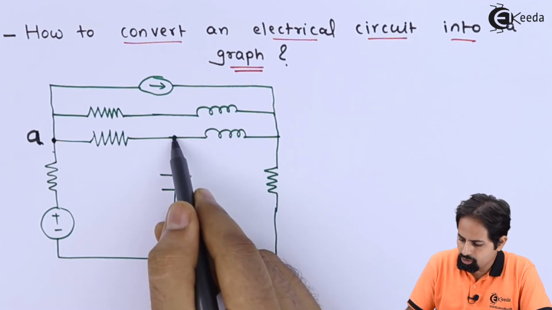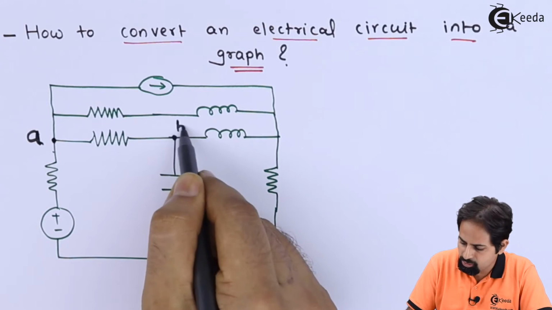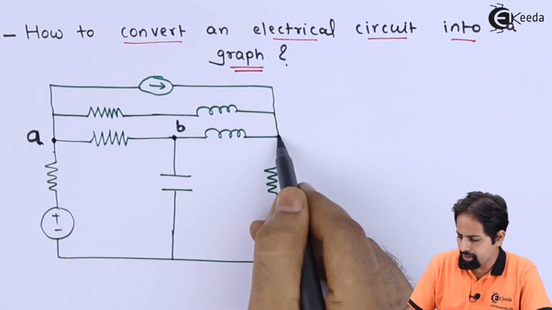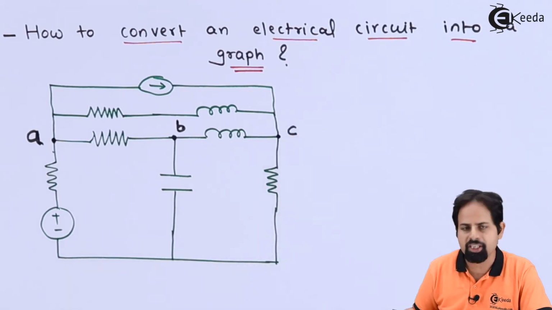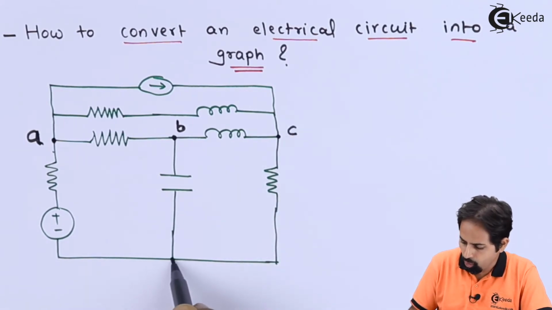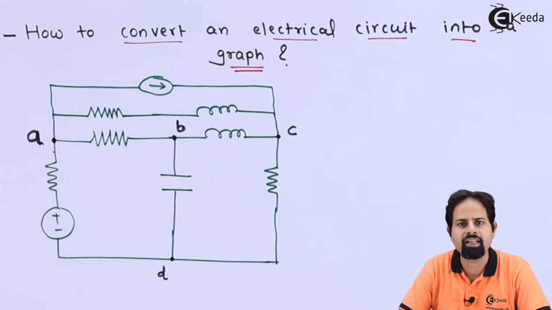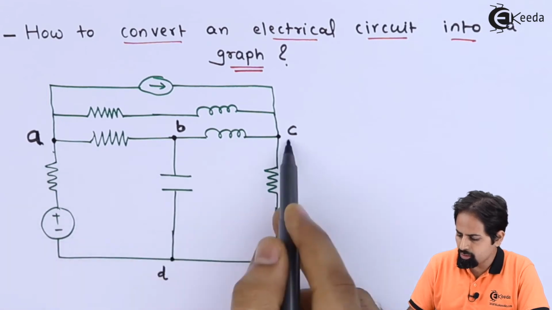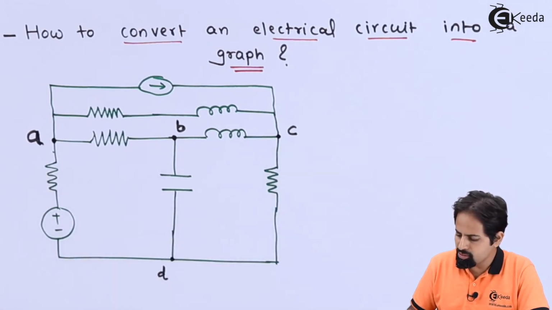Then here also you can see there are 3 branches meeting, so we'll call this node B, and here also 4 branches are meeting, so this will be called node C, and this we are going to call the base node. As in circuits, or in KCL analysis, we know what we take as a ground node. So these are the nodes which we have found. Now by using these nodes, we'll develop one graph.